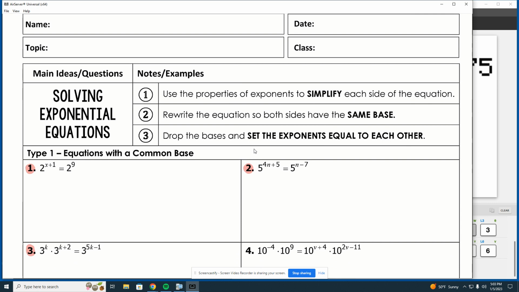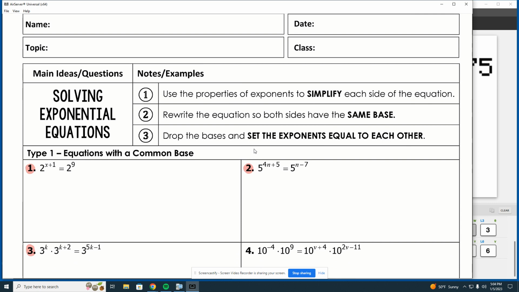Now, I'm going to be honest. The first type will end up not being your favorite type. It's useful when your problems are written or done a specific way, but there's actually an even better way to solve exponential equations that we will do soon, okay? Very soon. So there are multiple ways to solve exponential equations. So today, we're going to do type 1, equations that have a common